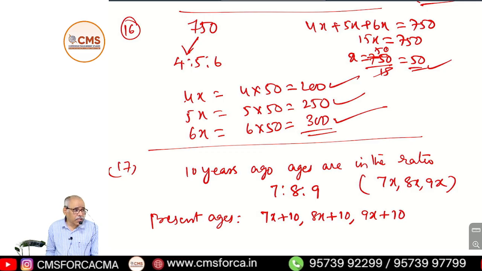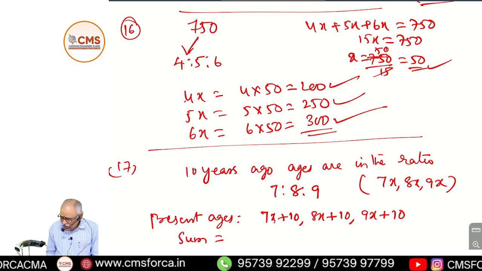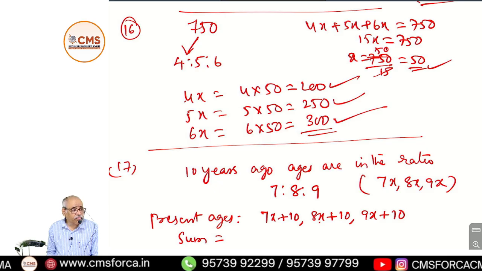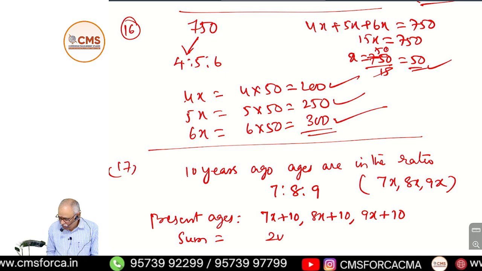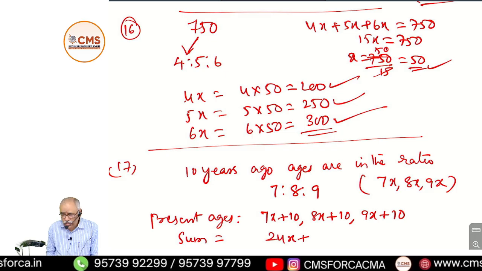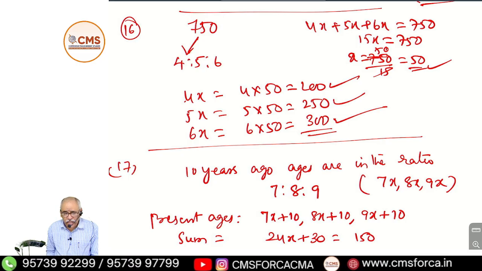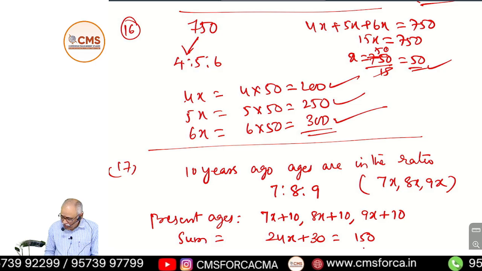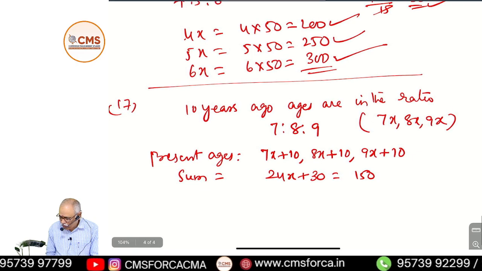Add these: the sum of the ages is 7x plus 8x, 15x, 15x plus 9x, 24x, plus 10 plus 10 plus 10, 30. What is the given sum of the ages? 150. So 24x is equal to